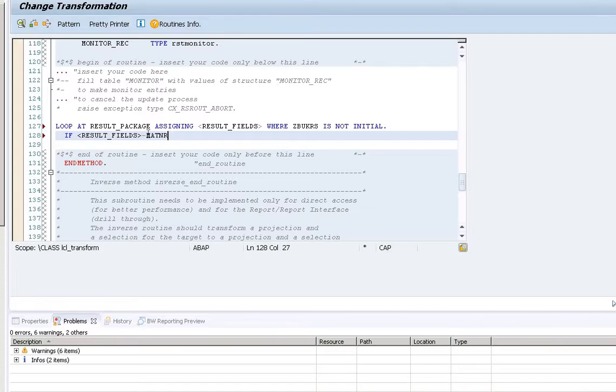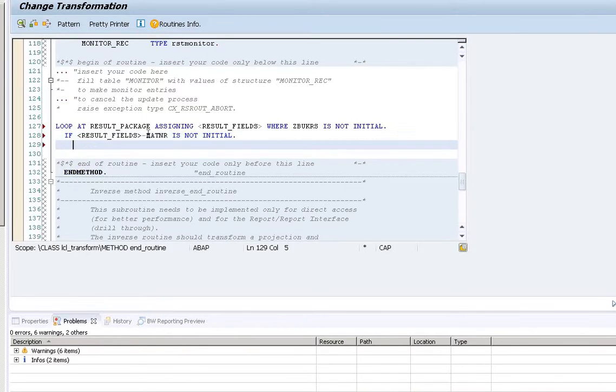As I said earlier, these are the fields available in the right hand side of the transformation. It's a part of result fields. Suppose I'm giving a condition like is not initial, then you're going to change the amount.